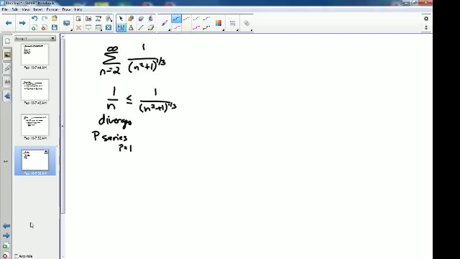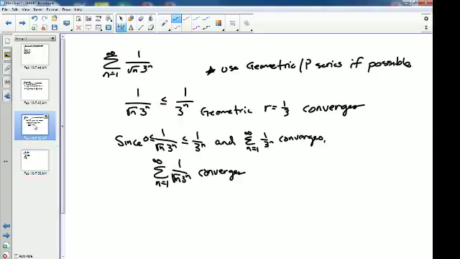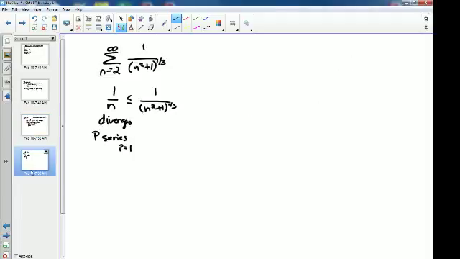So again, pick those wisely. P-series, geometric series are pretty much going to be your go-tos. And see how that has an exponent number? Probably a p-series. The one before it had an exponent n, probably a geometric series, right? So, do you want me to write this statement out? Okay, since 0 less than or equal to